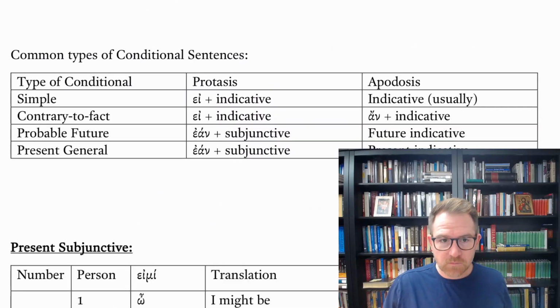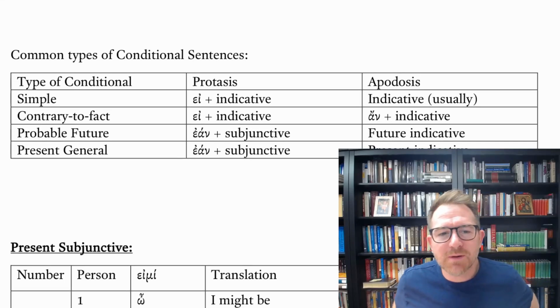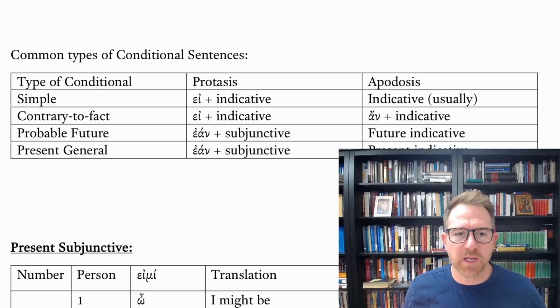So there are common types of conditional sentences. Don't worry too much about this for right now. Croy has a good discussion of it, but for the most part, I want you to be able to recognize